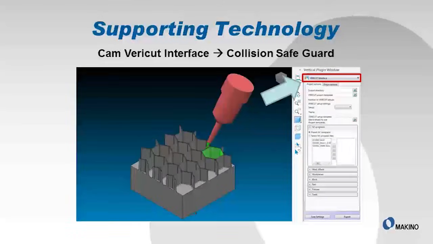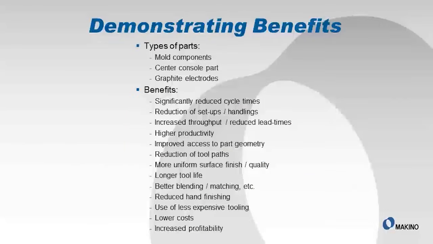To support this, many CAM systems have a Vericut interface where you can directly take the information from the CAM system, streamline the process a little bit, and take that and put it directly into the machine control to give you some of the benefits of protecting your machine investment. These benefits are significantly reducing the cycle time, reduction of the setup and handling of the part,